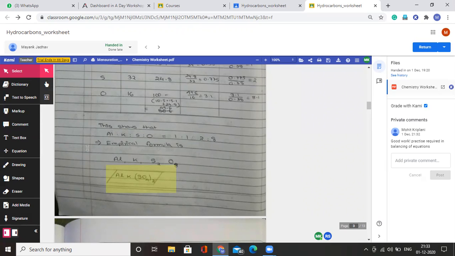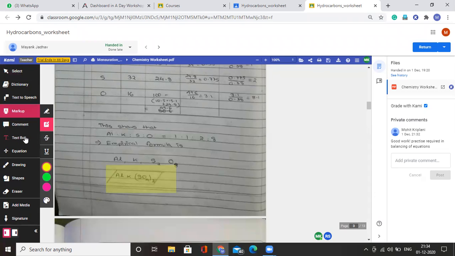There are lots of other tools offered by Kami, and I have only used these few because only these tools are compatible on the phone. Correction done using any other tool will not be visible on the child's phone. So I request everybody who uses Kami, and if they have students who use only phones, then restrict yourself to use only these tools. I'll repeat again, those tools are